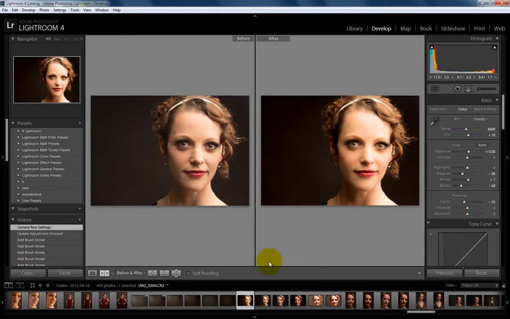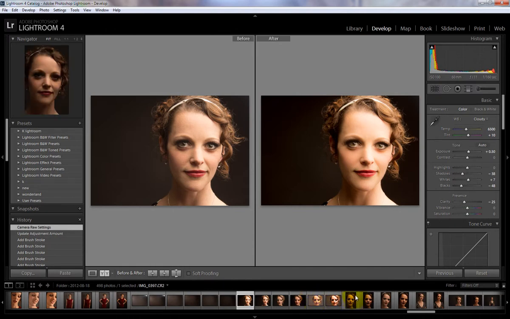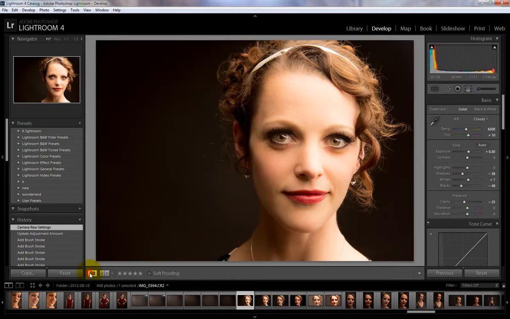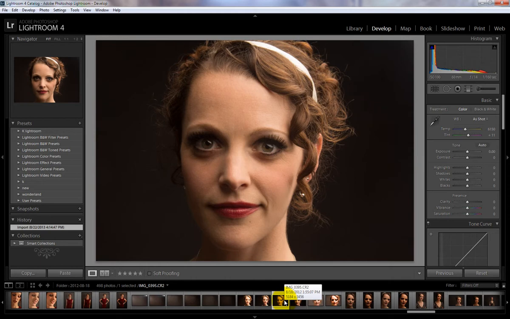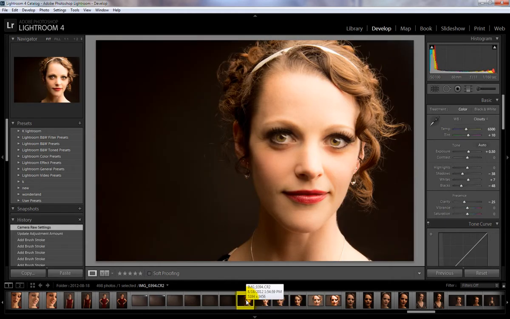The great thing is that whatever adjustments you make on this, you can also copy and paste to other images as long as they are shot with the same lighting. So let me show you an example of that. This is also a raw file, so I'm going to click on the one that I've edited, that's raw, and